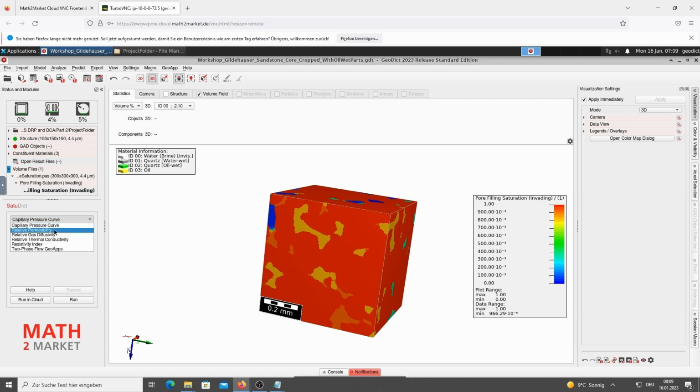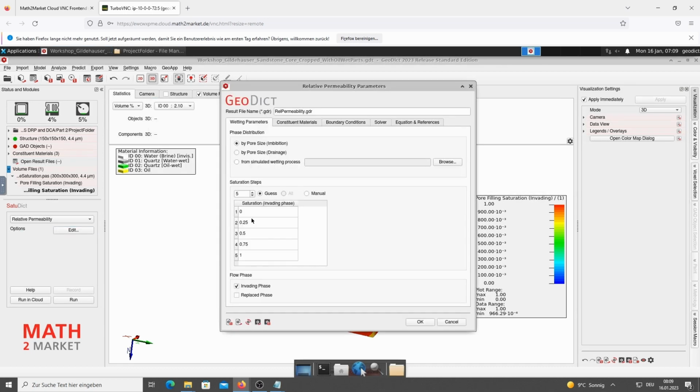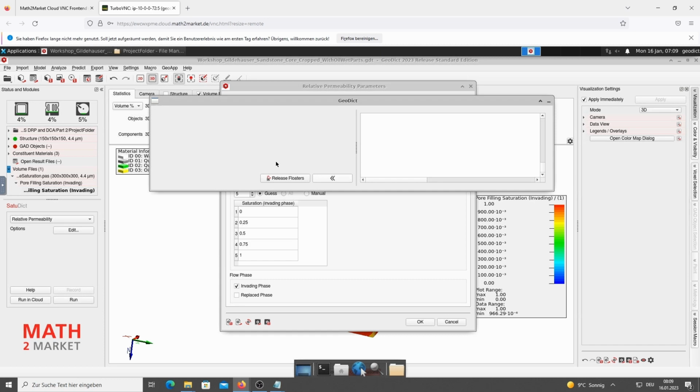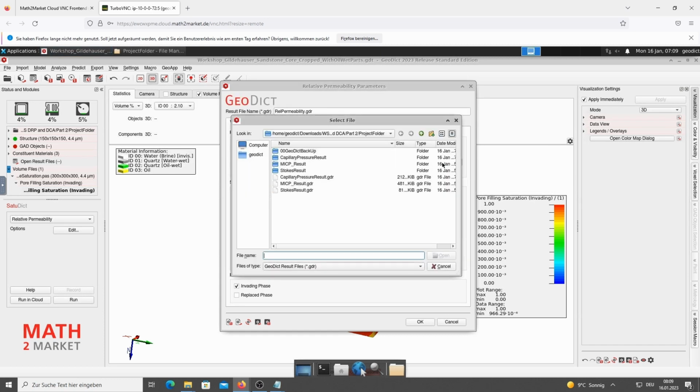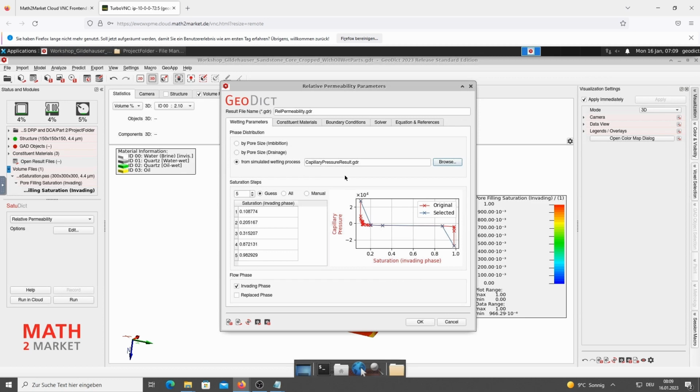Choose Relative Permeability command. Click Edit, and in the Wetting Parameters tab, select from Simulated Wetting Process and select the capillary pressure result file. The number of points where relative permeability is computed is based on the saturation steps here in this section.